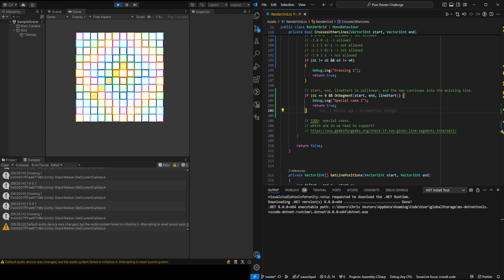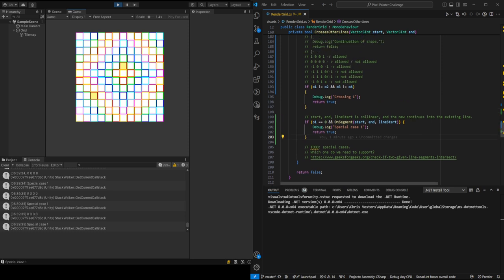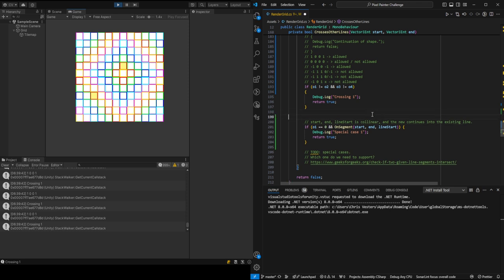Okay, so actually, I have a thought about the whole case with the collinearity. Of course, yes, it makes perfect sense, and it's perfectly correct. The only thing is that what I failed to recognize was that the special cases are not just for lines that are collinear, but they actually have to be both lines that are collinear. So in this case, where I say start, end, line start are collinear, it means that the existing line and new line are not just collinear, but they are, how to say it,